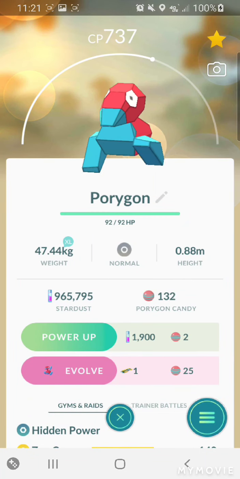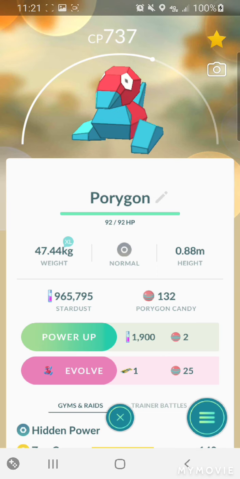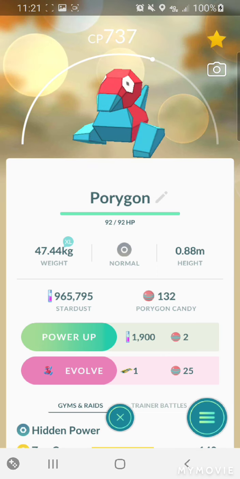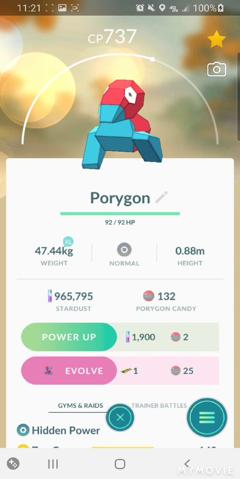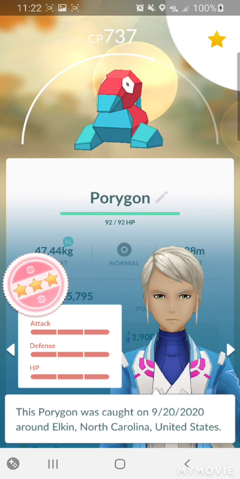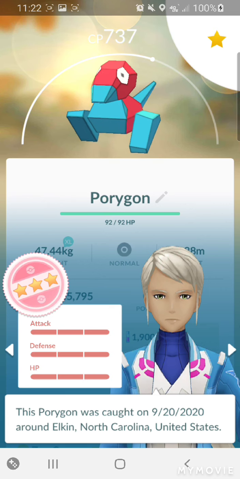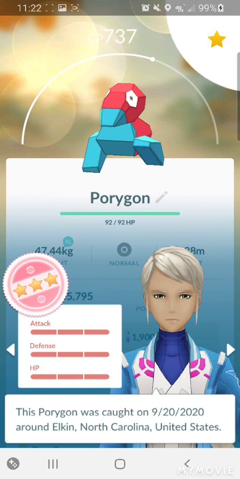Check it out. As you can see, you think, okay, so this is just a picture of a Porygon. So what's so special about this Porygon? I was just going through to complete my 10 transactions, my transfers and all, and to see which ones I want to evolve. Well, let's just look at this IV. So within the first 15 that I catch, already a perfect 100% Porygon, which is awesome because